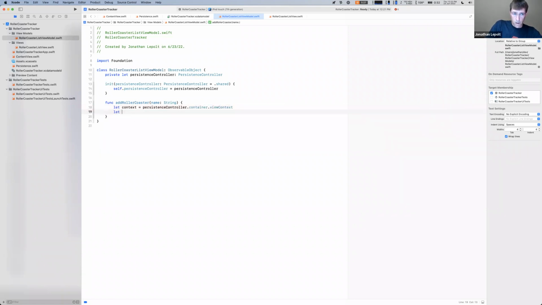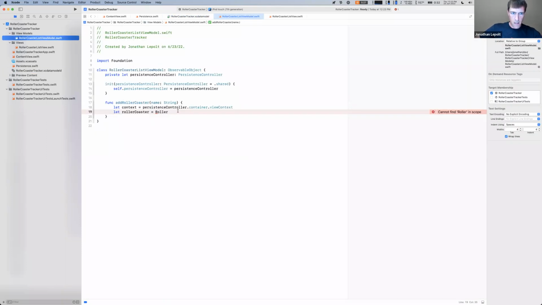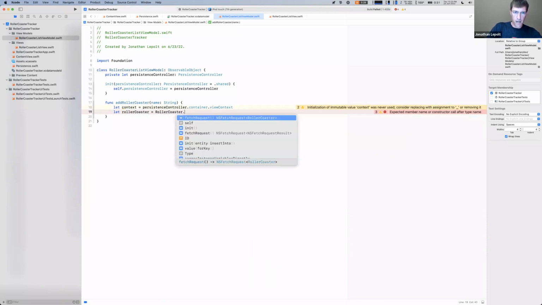Now all we need to do to create a new managed object is roller coaster. So one thing too that I want to mention about the data model, there's a lot of automatic code generation that happens, and so sometimes Xcode doesn't catch up, and so you can't see my NSManagedObject. So I'm just going to do a clean build real quick, and then a build, and then hopefully we can be off to the races. Yeah, okay, so roller coaster, and then